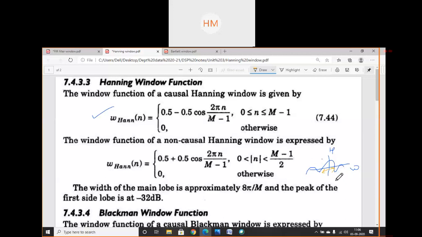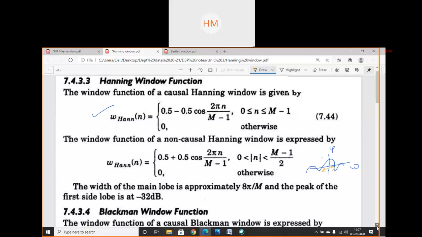So you will get many overshoots and side lobes by using the rectangular window, and it gets reduced by using the Hamming and then the Hanning window. Okay. So this is the logic. This kind of frequency response we will get for a particular window function. The main energy will be focused on the main width of the lobe. Clear? Next, write down the next window function, the Blackman window function.